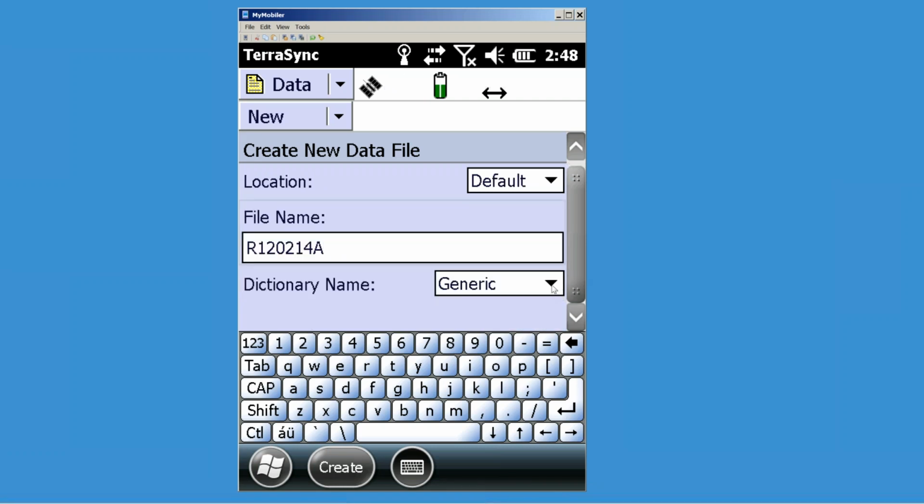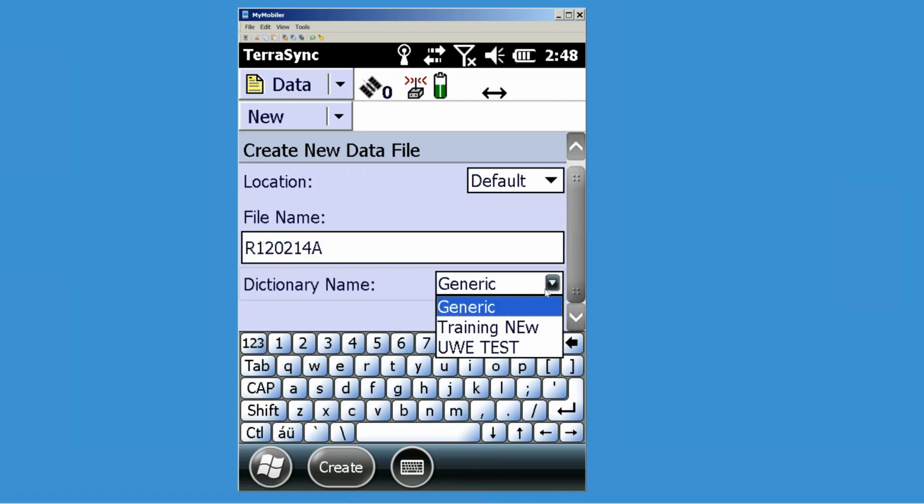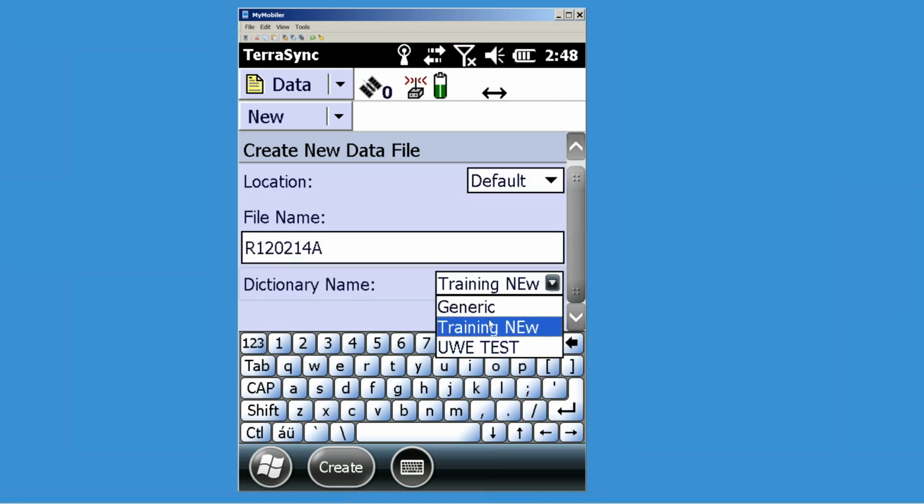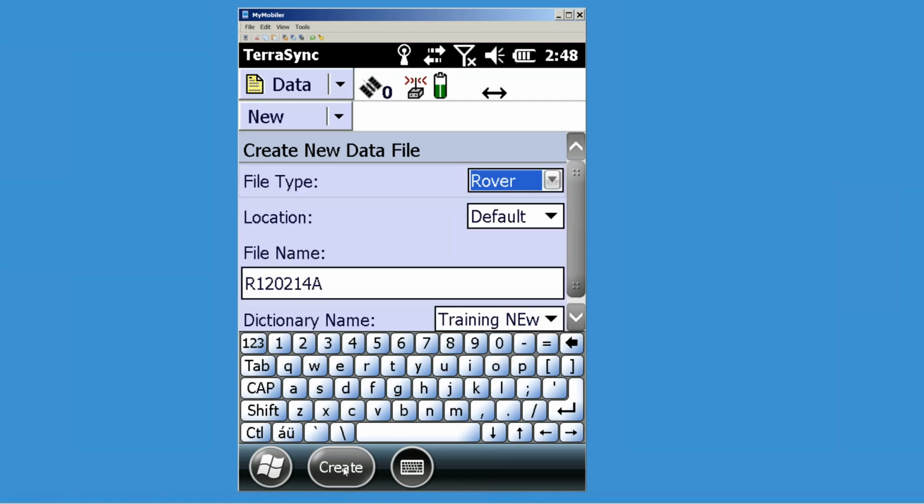And then finally, if you scroll down, you'll see Data Dictionary. Now, we had made that training new, so it'll remember the last Data Dictionary you used. So in this case, mine was generic. Now I have this new one. I'm going to pick it. And I think you all mentioned y'all have more than one Data Dictionary. So depending on what you're working with or working on or at, pick the corresponding Data Dictionary